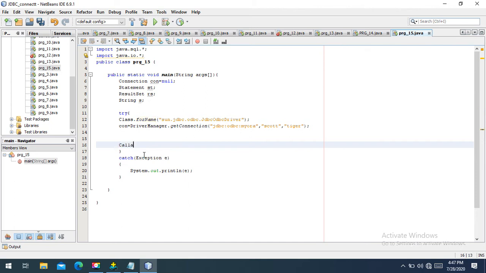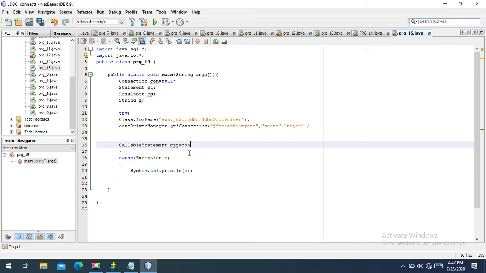CallableStatement. The CallableStatement class is inherited from the Statement class. So all the features of the Statement class we will get over here. With the object of CallableStatement we can access all the methods which are defined in the Statement class, as well as the new methods which are defined inside the CallableStatement class. Fine. cst is the name of the object of the CallableStatement class. Here keep in mind that the C and S both must be in capital letters,